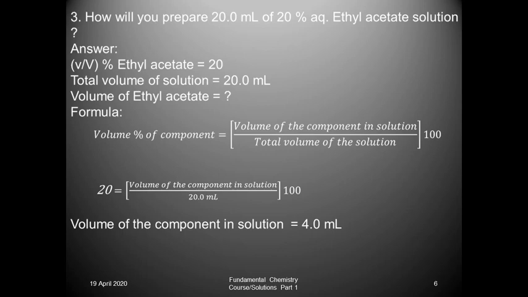If you want, you can try on your own: if it had been asked for a 5 ml solution, what volume of ethyl acetate would have been taken? You can do that as your homework. Because for TLC purposes, organic chemists usually prepare 5%, 10% solutions. If you are asked to prepare for the whole class, then 20 ml or even 50 ml will be the requirement. But generally in MSc classes you are supposed to prepare solutions on your own and for yourself only, not for the class. Many times, not always. So this is how one should prepare an ethyl acetate solution.